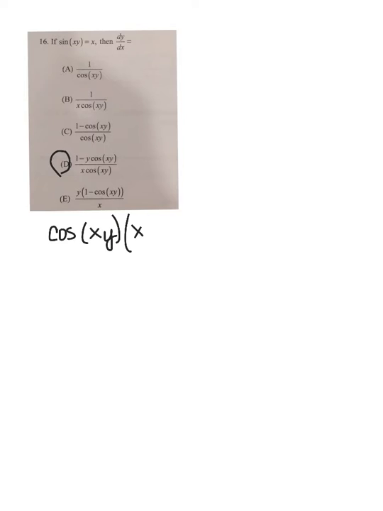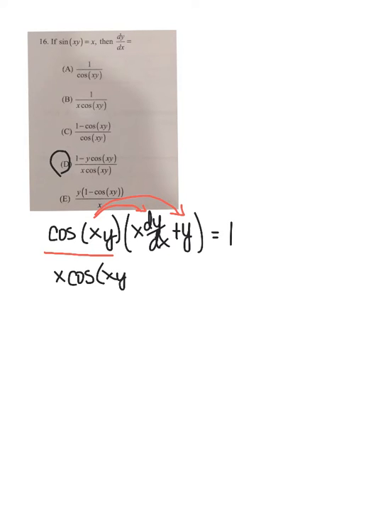So that's going to be the first times the derivative of the second plus the second times the derivative of the first, which is just 1, equals, and then the derivative of x is 1. Okay, so now what I want you to see is I've got this cosine xy, and I'm going to distribute that through to both terms on the inside of that parentheses. So that's going to give me x times the cosine of xy times